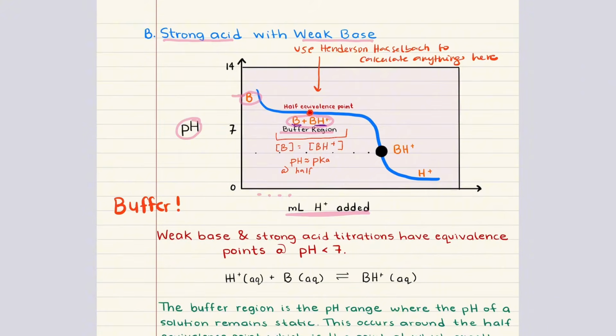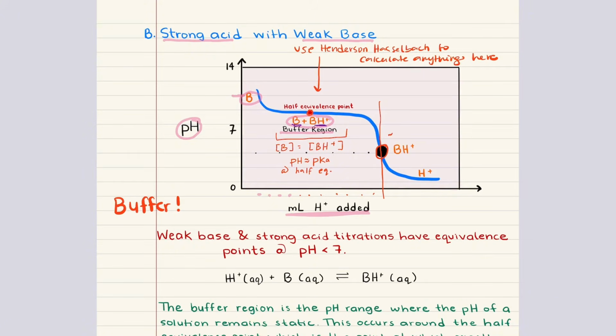At 25 degrees Celsius, you can also write the pKa of the conjugate acid is equal to 14 minus the pKb of the base. This half equivalence shortcut is a great way to read pKa straight from the titration curve. Then as you keep adding acid, you're going to arrive at the equivalence point, which is shown by the black dot on the plot here, where the curve takes its steepest